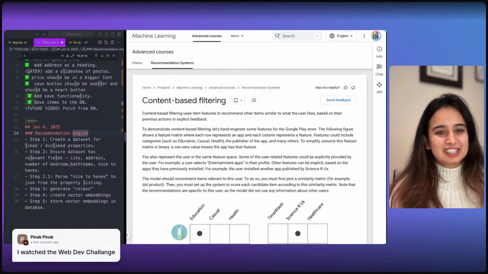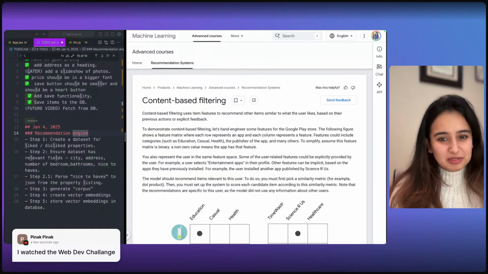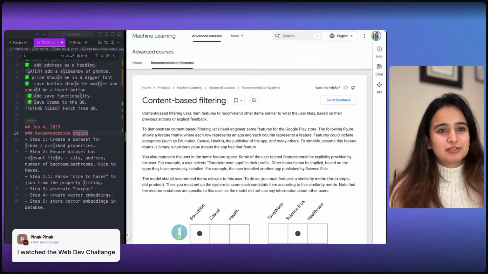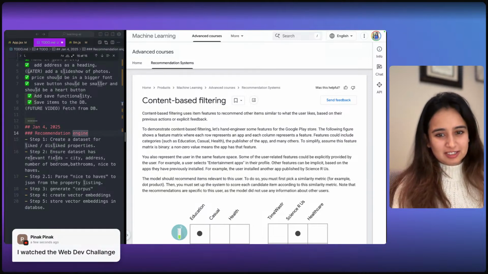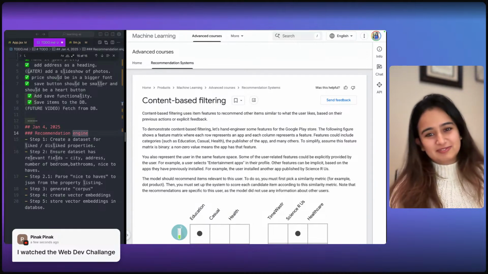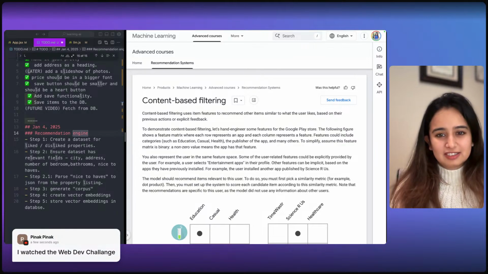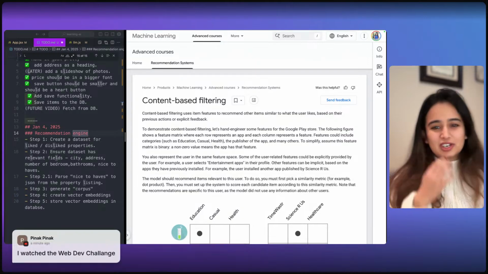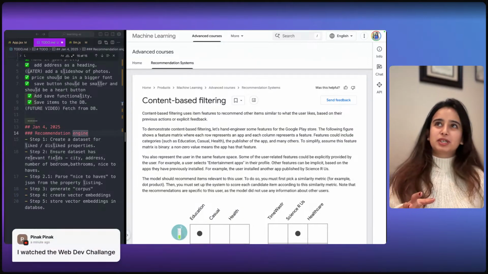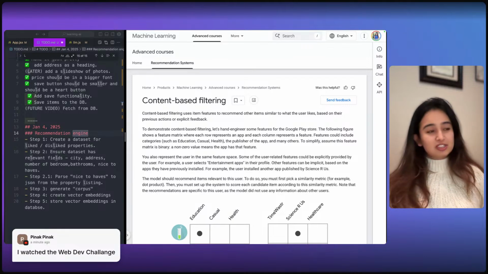It's a really fun challenge where you are given 4 hours to build something and you have to build an app within 4 hours.